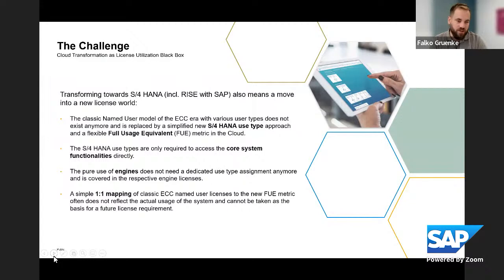So which challenge do we want to address? We are looking here with the STAR service into the cloud transformation, but also into the S4 user classification. When you're transforming towards S4 and including the RISE opportunities and the private cloud offerings of SAP, you're also moving into a new license world. So we are stepping away from the classical named user license model, which is formerly known from the ECC era. We're moving into a new one with simplified S/4HANA user types, and those types are differentiating from the ECC world. And we do not have the possibility to have a one-to-one mapping exactly because they are, as said,